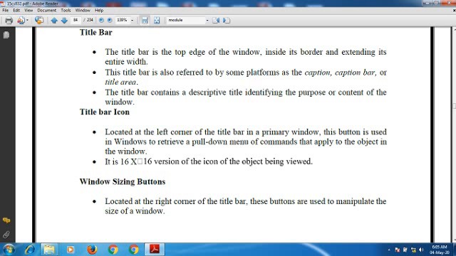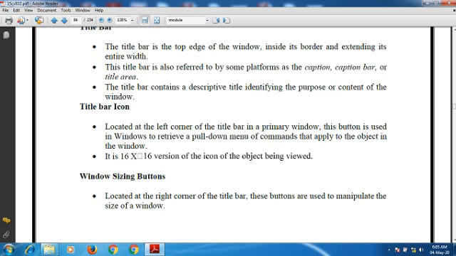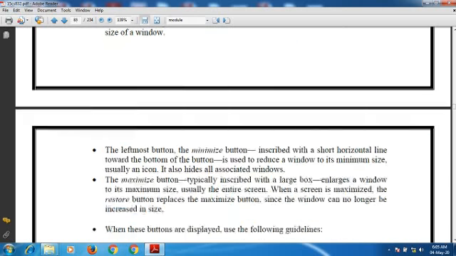These buttons are used to manipulate the size of the window. The leftmost button, the minimize button, is used to minimize the window here.